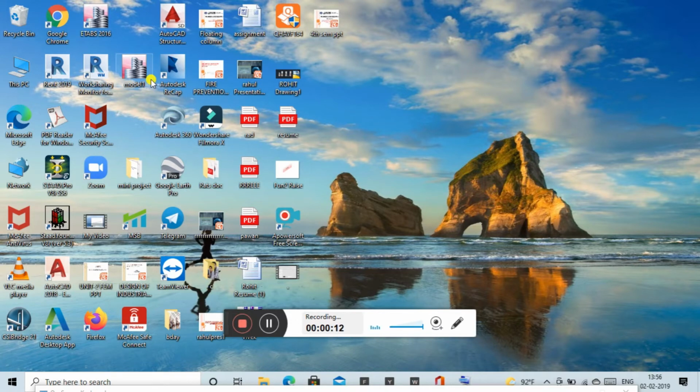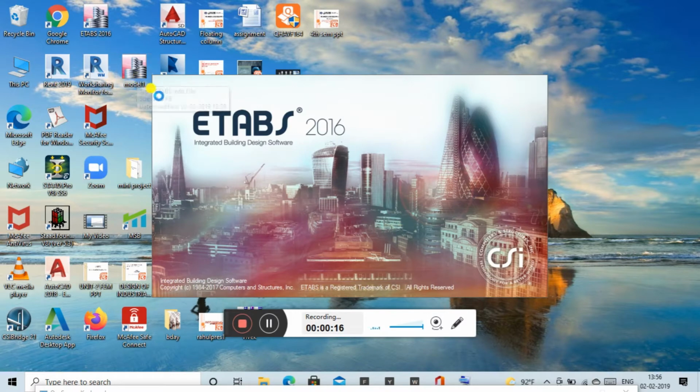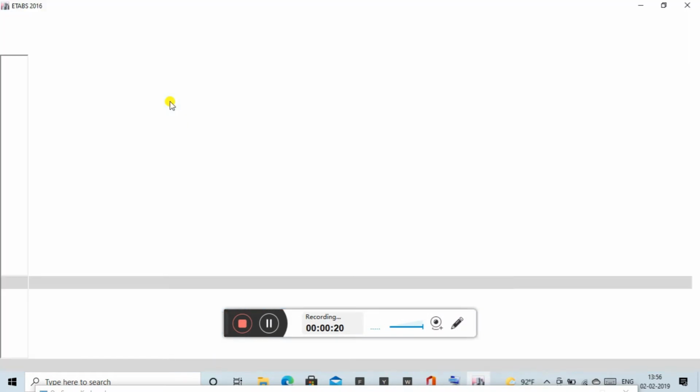I have saved my model here. Just click on that and open the model file in ETABS 2016. If you remember, in our earlier video we made a model of a building, and in the same model we are going to assign the different kinds of load patterns.